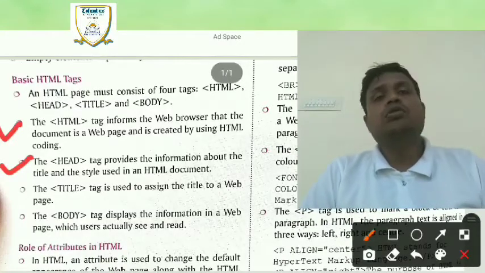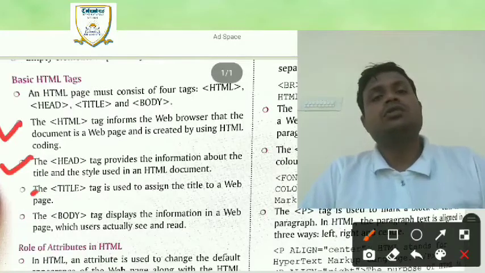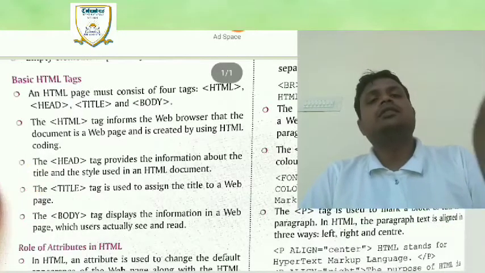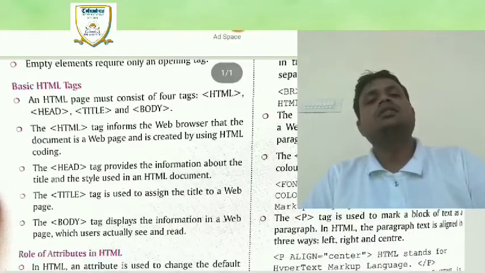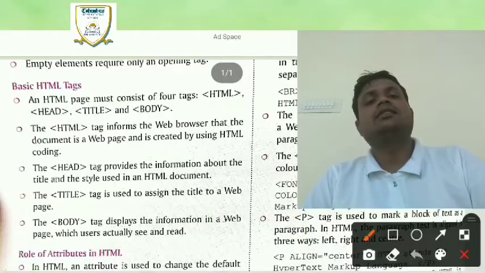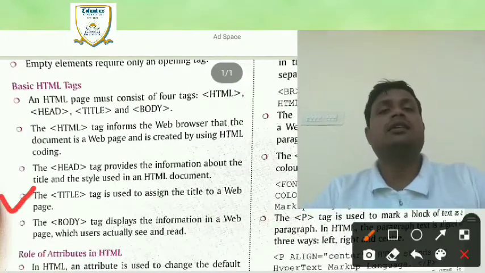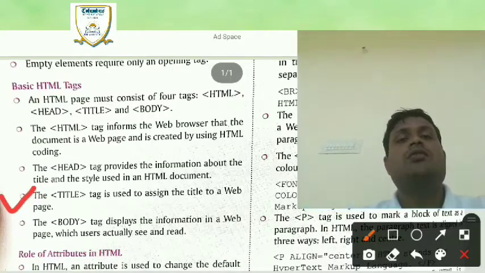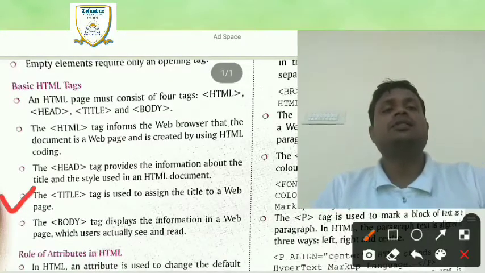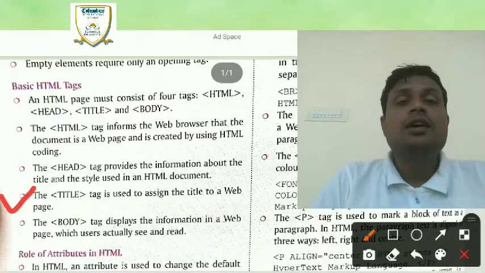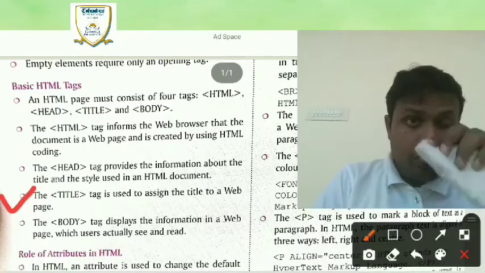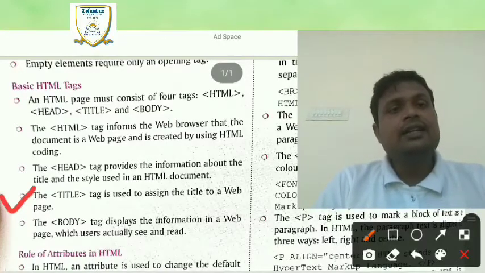Students, in the third line, you just see the title tag. Students, you will see that the title tag is used to assign the title of a web page.